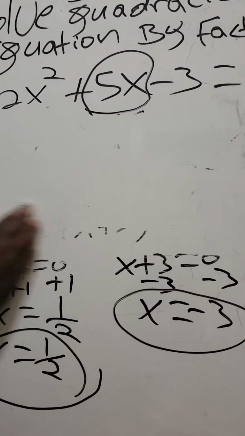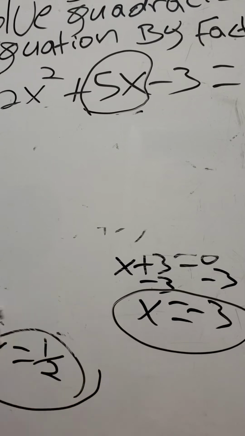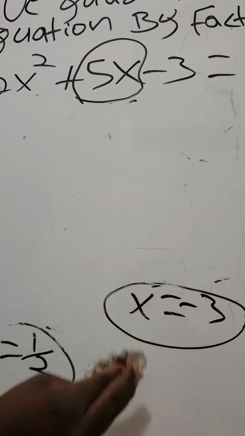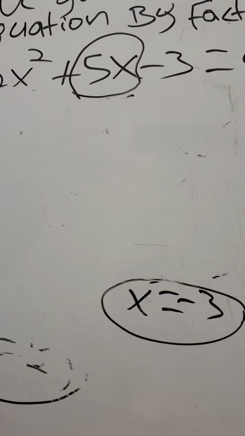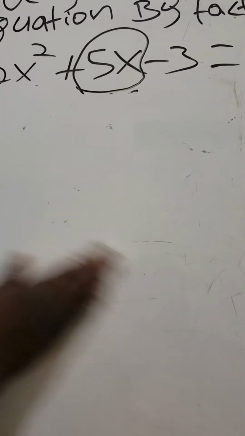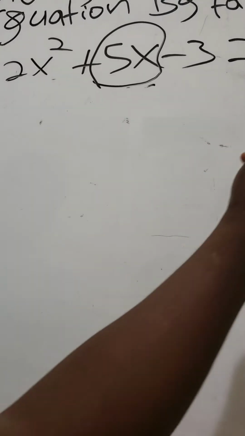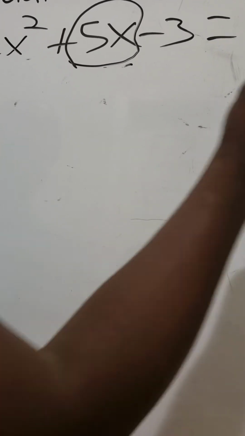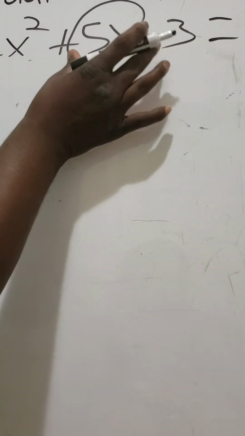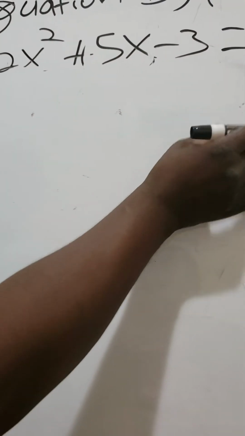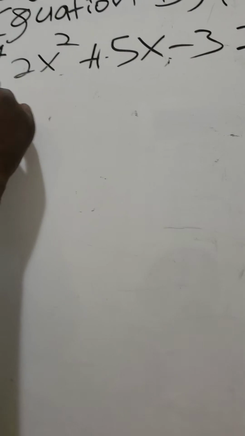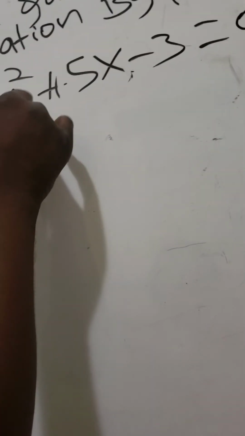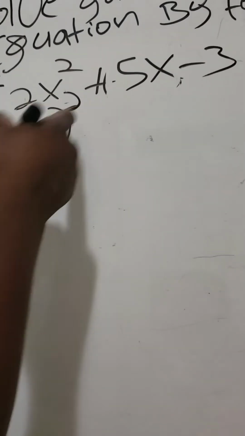And we're going to do it for each one, so you know how you can check your answer once you find each answer. So our answers are 1/2 and -3. I'm going to write these so you know: 1/2 is one of the answers and the other one is -3. To check these answers, you would plug the 1/2 in for the x. So 2 times 1/2 squared,